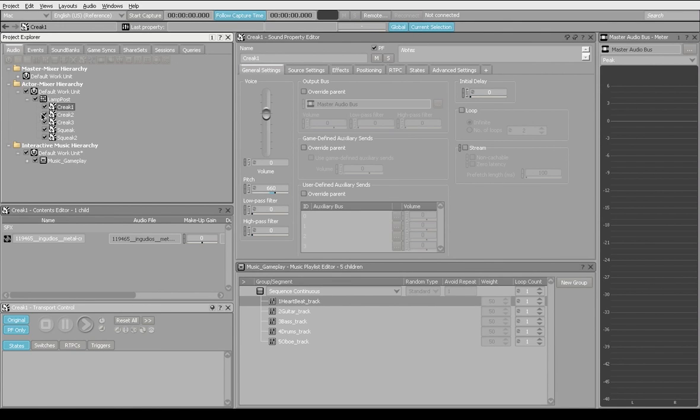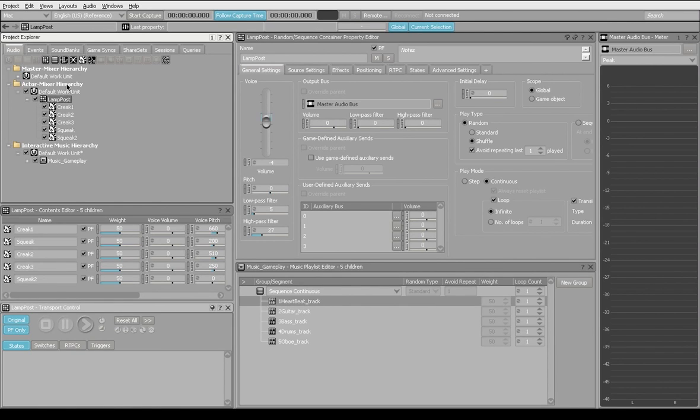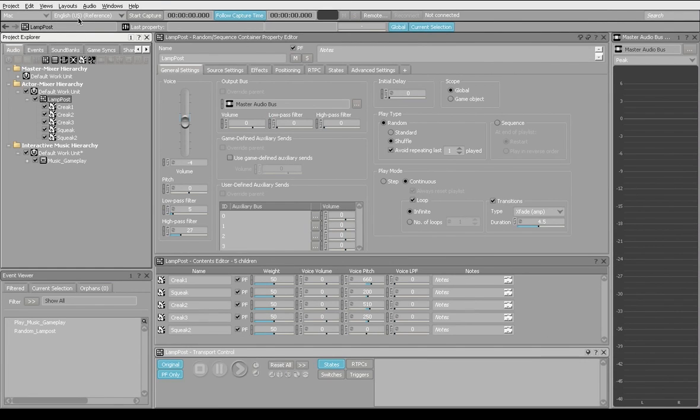So here, it's still on interactive music, so let me just change that. Here we are. All I did there was change it to the designer layout. So here's my lamppost. What I've done is change that sequence container to shuffle on random, and avoid repeating the last one played, because we don't want it to be too repetitive. Got everything here, varied some pitches as well, just in case it gets too similar. We've got it going continuously on a loop, and it's going to be an infinite number of loops. You've also got a transition period to make it sound a little bit better. So now if I press play on this,